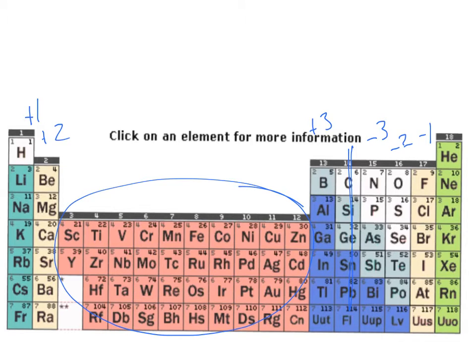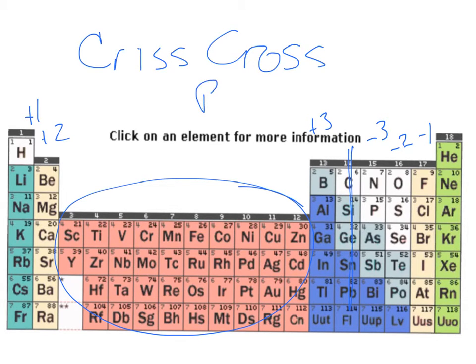These are a little bit easier to figure out what their names are, but we're not able to use our oxidation states that we see up here. What you've got to keep in mind is that we're going to use our crisscross rule to help us out. The reason we have to do that is because these transition metals sometimes are going to have a +1, +2, +3, +4, 5, 6